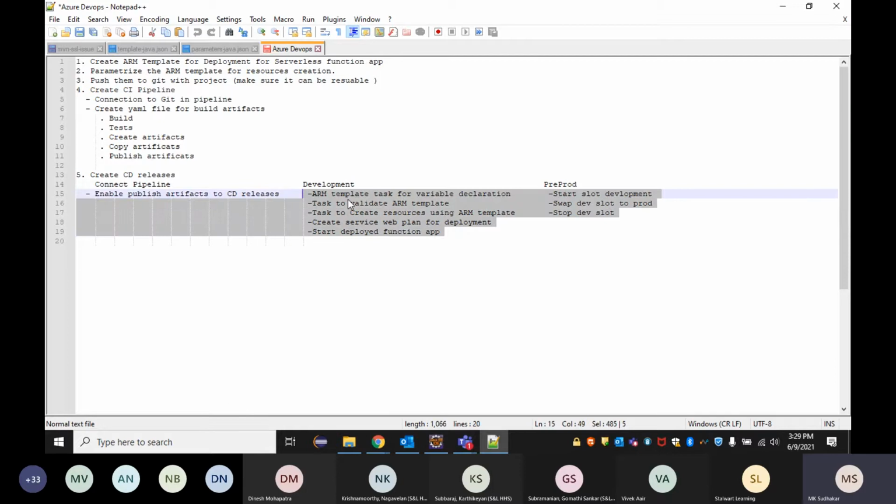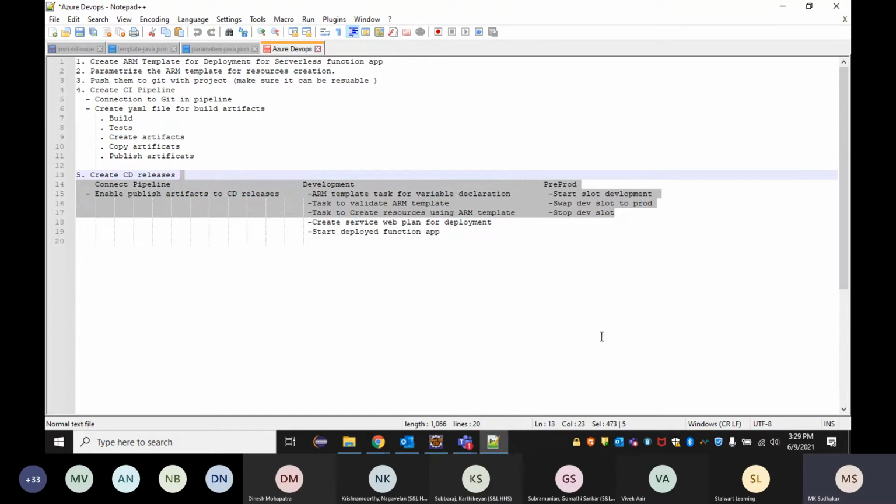So that means, for example, tomorrow we have a version 1 and we have 1.1 ready to be deployed. Now we have deployed 1.1 and version 1 will be under the development because it moved. So if there is some issue or an error in version 1.1, we can easily swap the slot with version 1 so that users will not be affected.